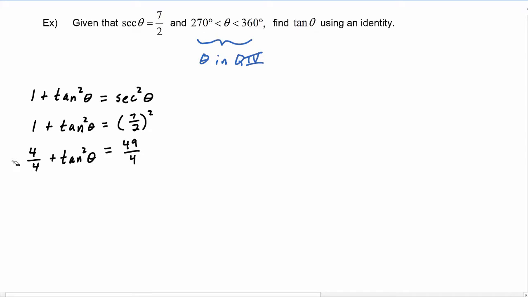Now we can subtract 4 over 4 from 49 over 4 to get 45 over 4 on the right-hand side. The left-hand side is tangent squared theta, and now we're going to make use of the square roots property,